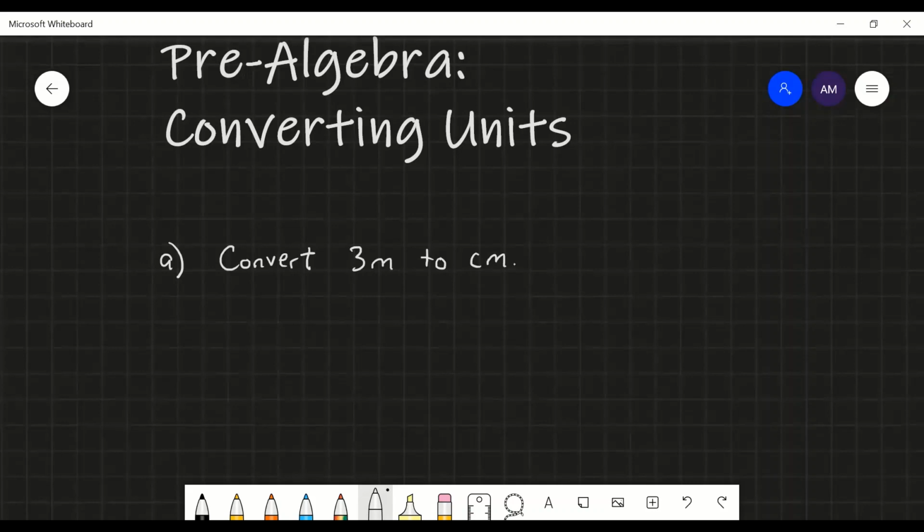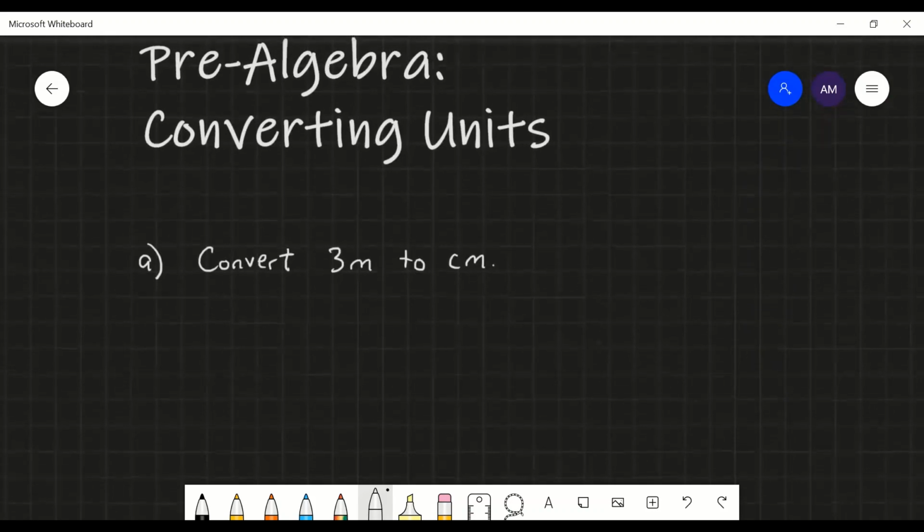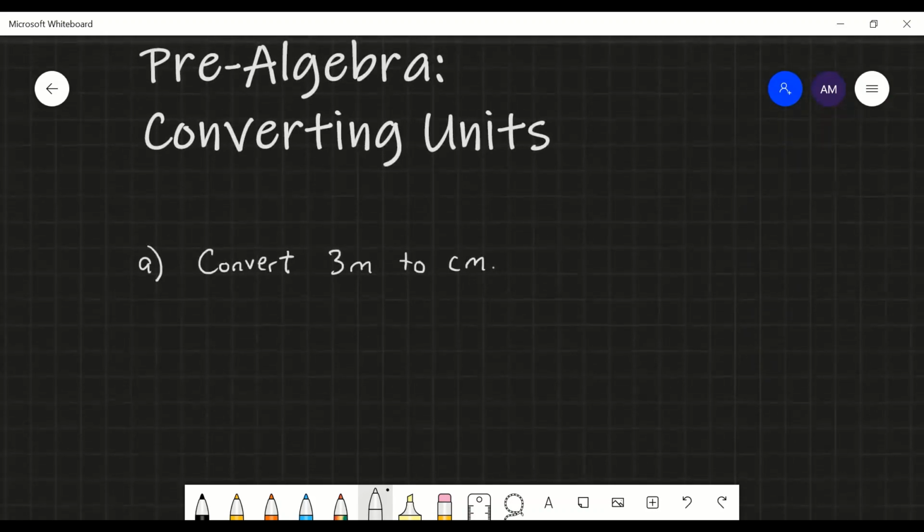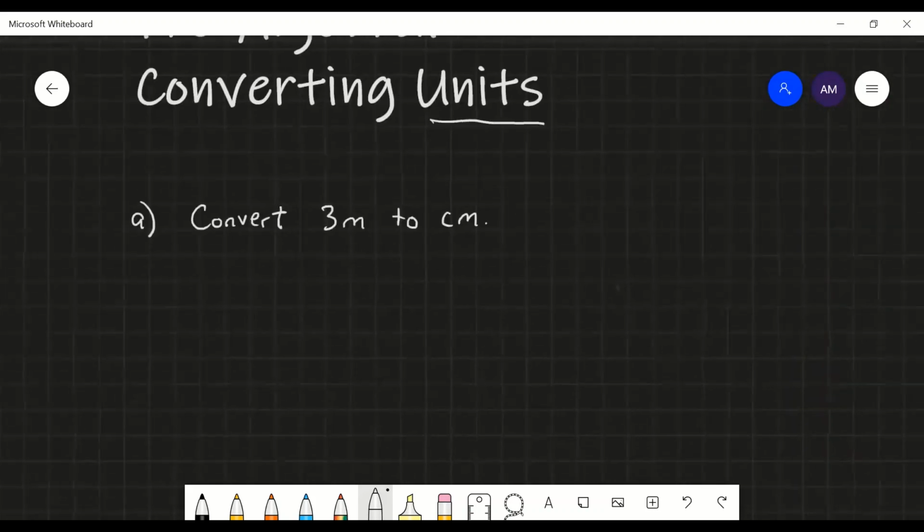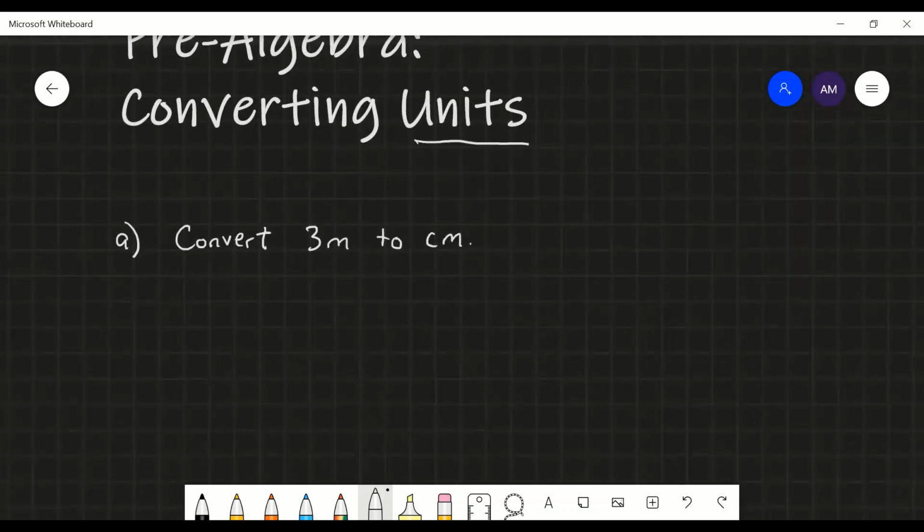In this video, we're going to learn how to convert some units. And what do I mean by converting units? Well, a unit could mean a lot of different things. It's usually a unit of measurement. So if we're measuring length, for example,